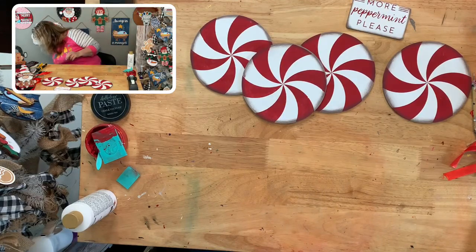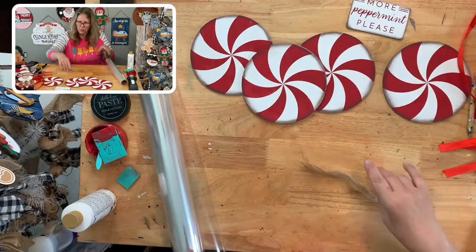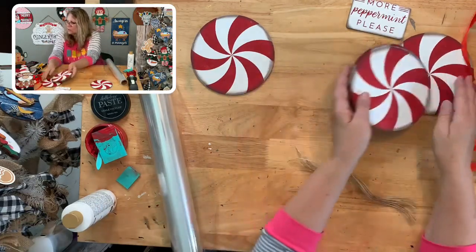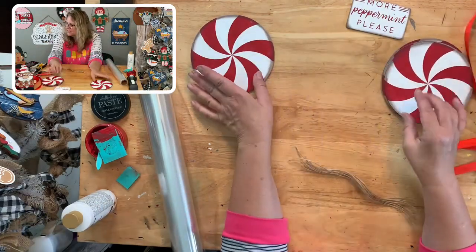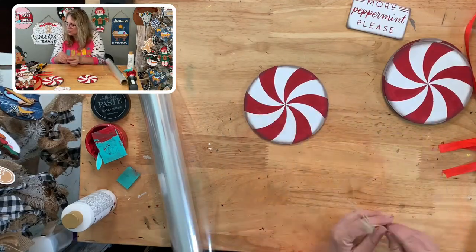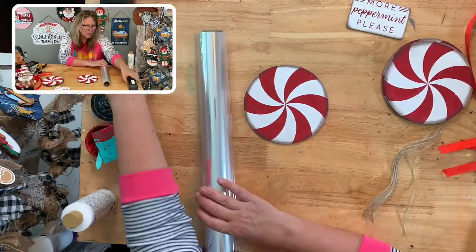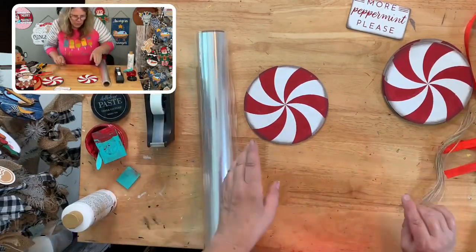Okay, here I'm going to bring up cellophane. And then I'm going to tie these on the corners. So, hi, Sandy. Sandy Smith and Sandy Bullard, right back to back. Okay, we're going to put the cellophane on. I have my tape dispenser right here. So we're going to start